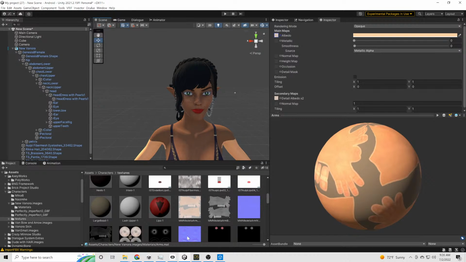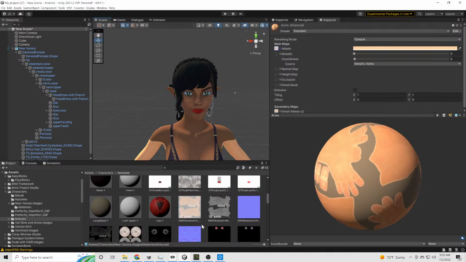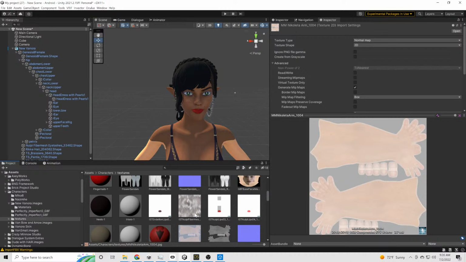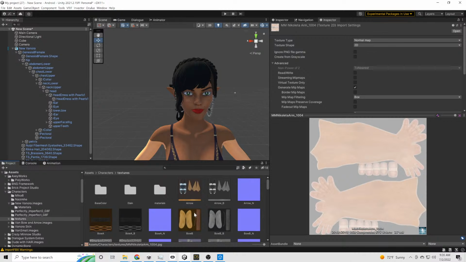Okay, so one thing we notice here is, for some reason, okay, so this is what happened. This is why this looks kind of funky right there. If we go to the texture on